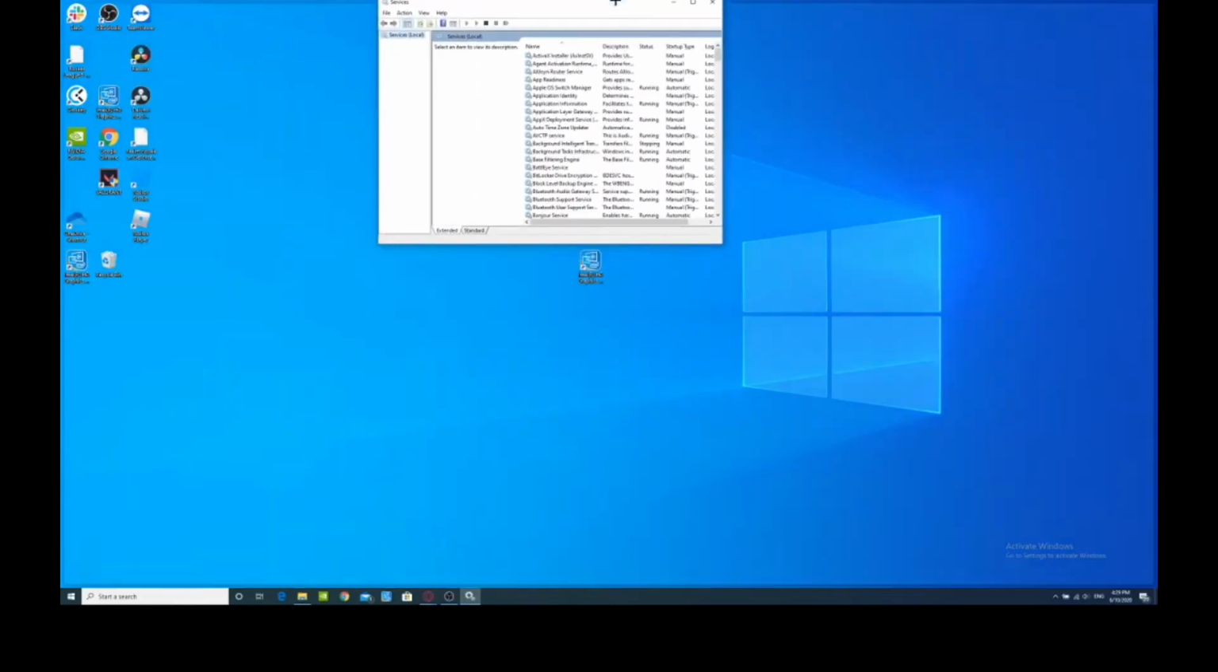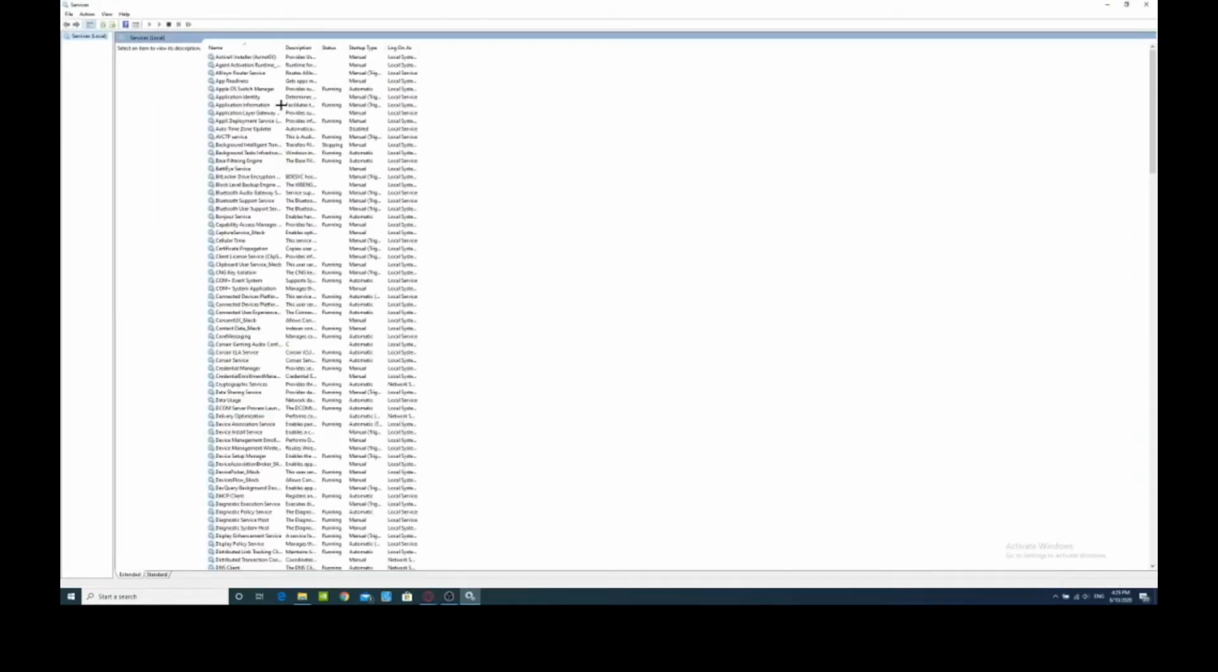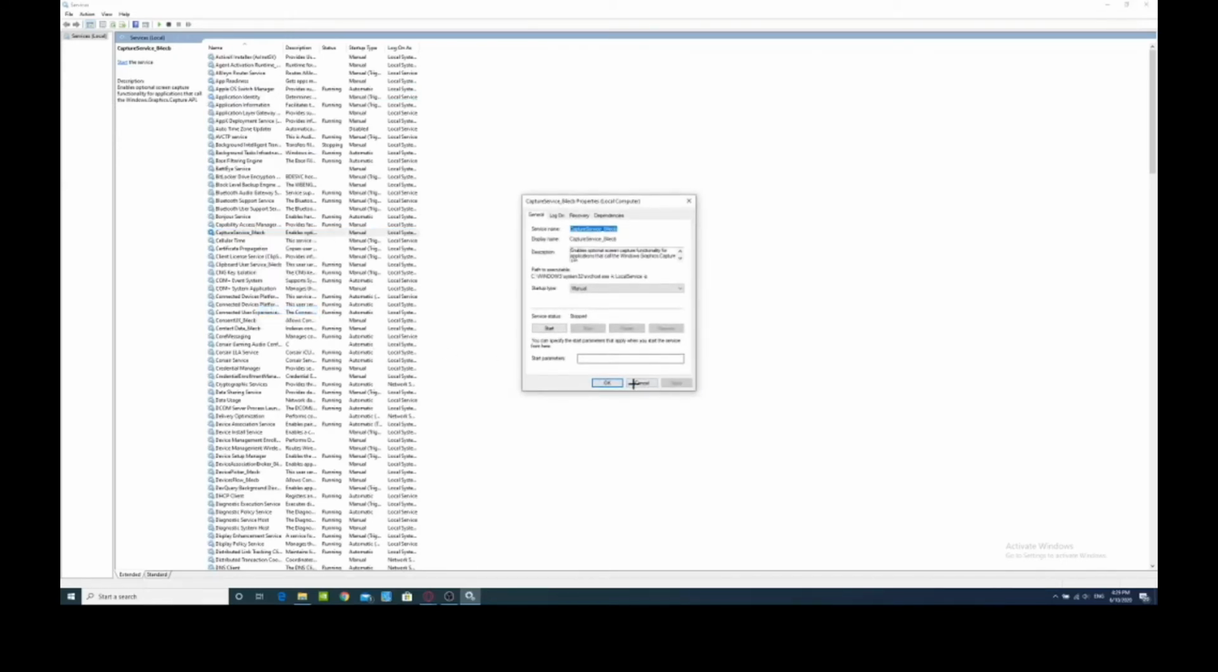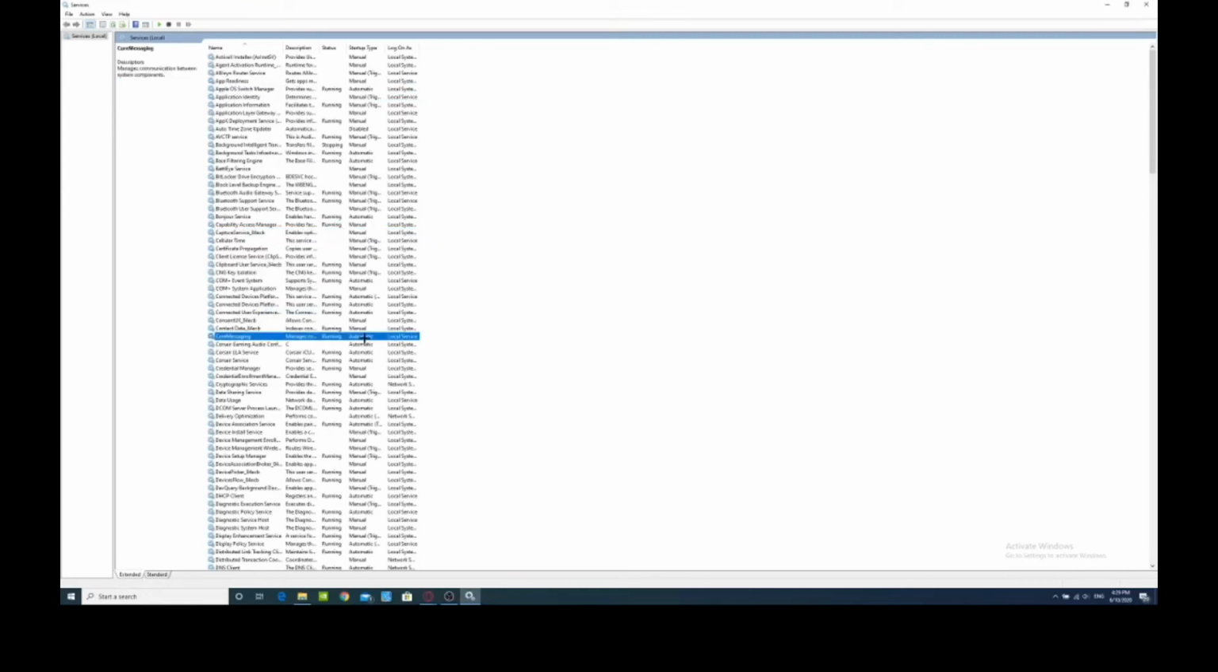Now you're going to have the startup services right in front of you. Don't disable any useful stuff for your computer that might slow down your computer or even shut down and restore your computer. You're going to want to right-click, press Properties, and then you're going to have something called